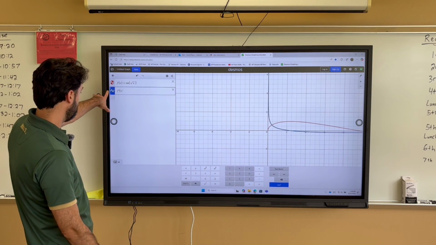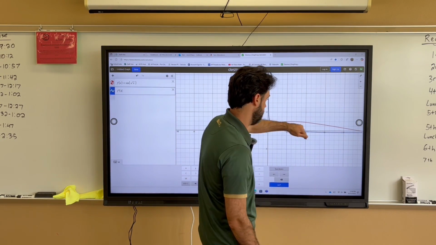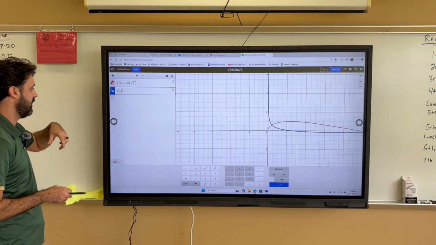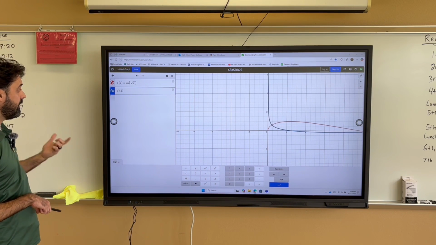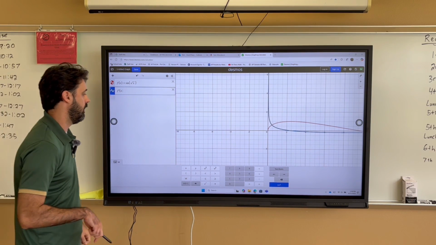And so now in red it graphed f of x, and in blue it graphed our derivative. Right? So that may not be useful today, but it will be useful in the future to have that derivative graph. Now, if I want to calculate the derivative at a point, all I have to do is where